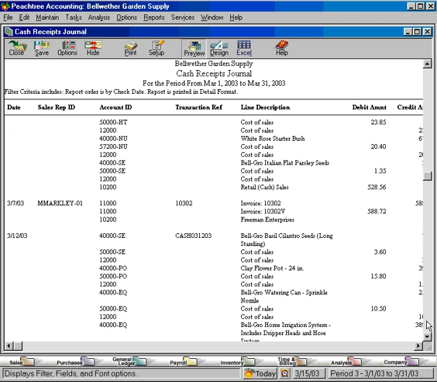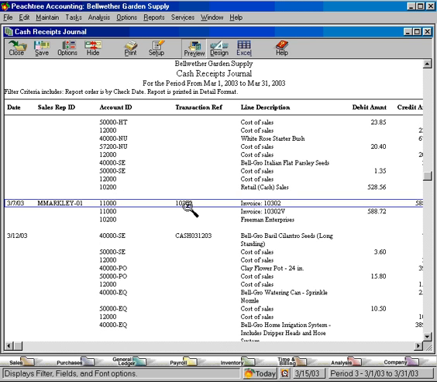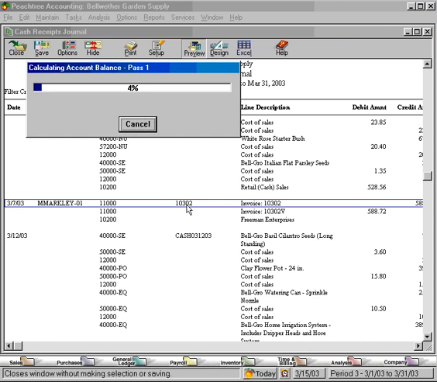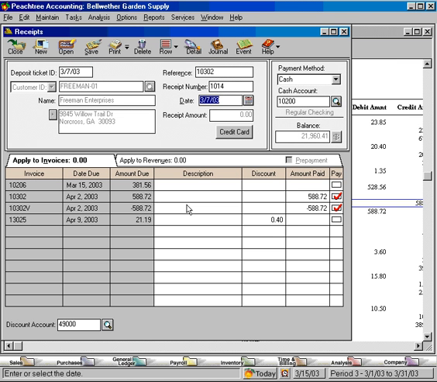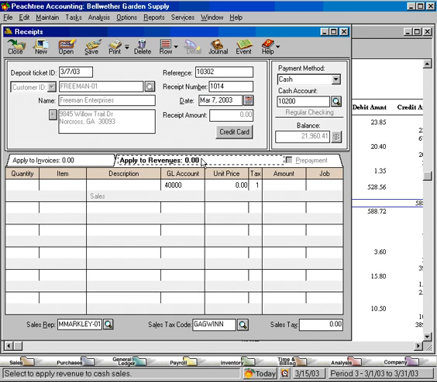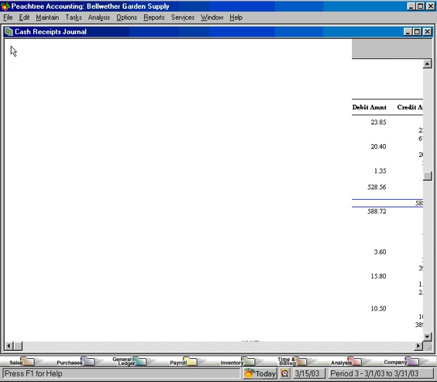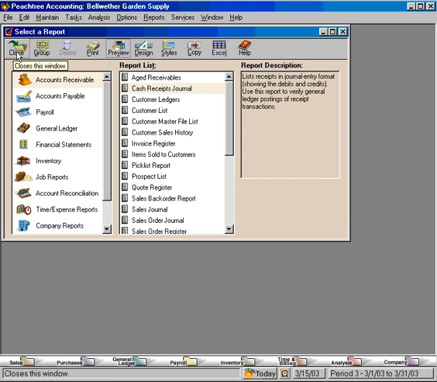Let's scroll down and see if we have one. Here's one that was coded to a sales rep. Let's drill down on this one. Yes, you can see here we have a sales rep coded right here on this cash receipt. So that's just a couple of the reports in the accounts receivable revenue area. Once again, we encourage you to experiment and work with the reports to get the information